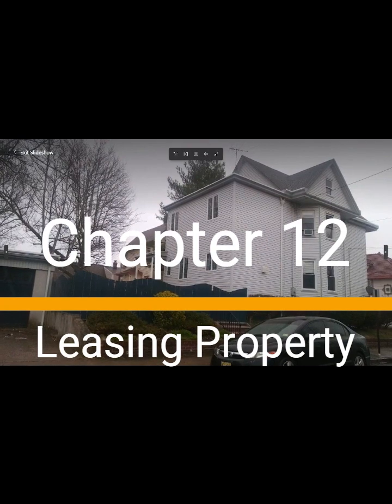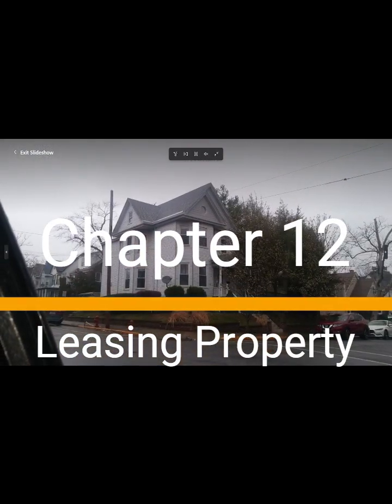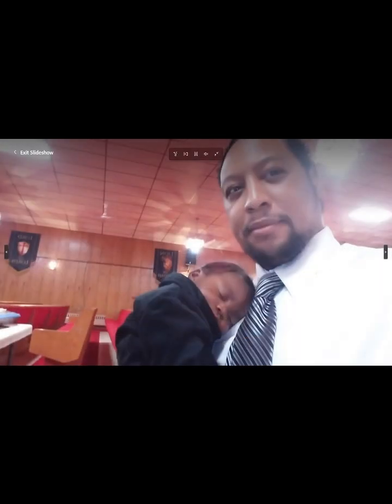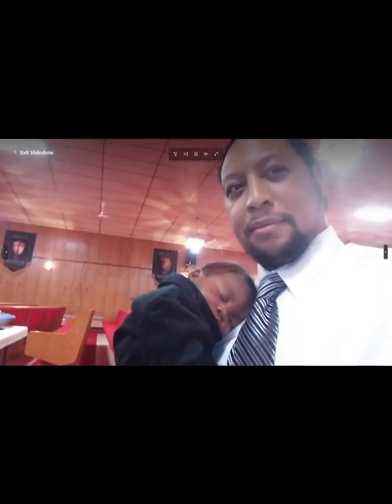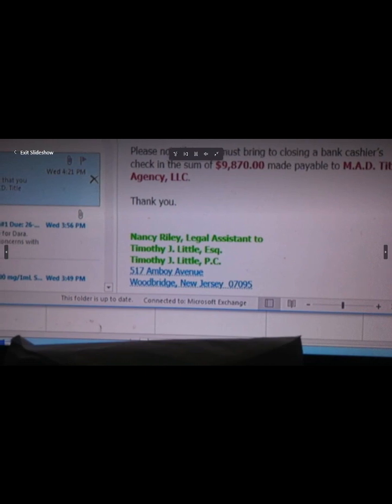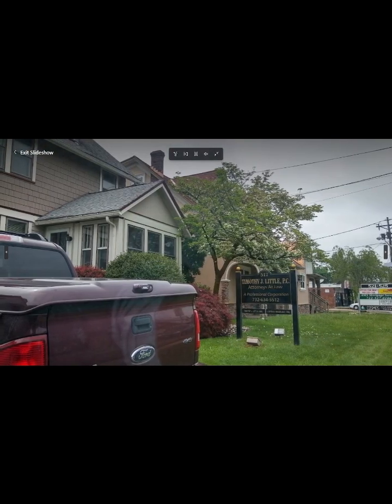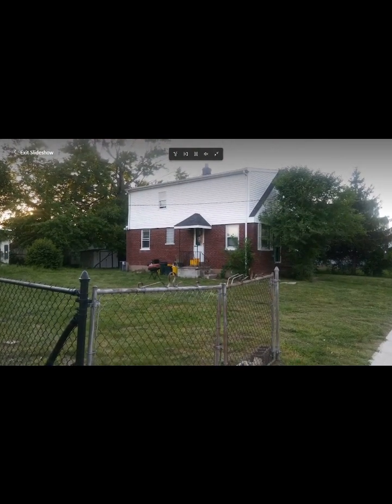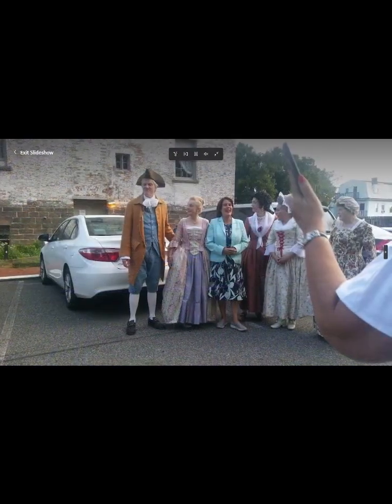Question number 1. A retail store tenant pays $3,000 a month rent plus a portion of gross sales. This rental arrangement is most likely A. a term lease, B. a net lease, C. an index lease, or D. a percentage lease. Correct answer is D. a percentage lease. A percentage lease requires payment of a base rent plus some portion of the income of the business occupying the